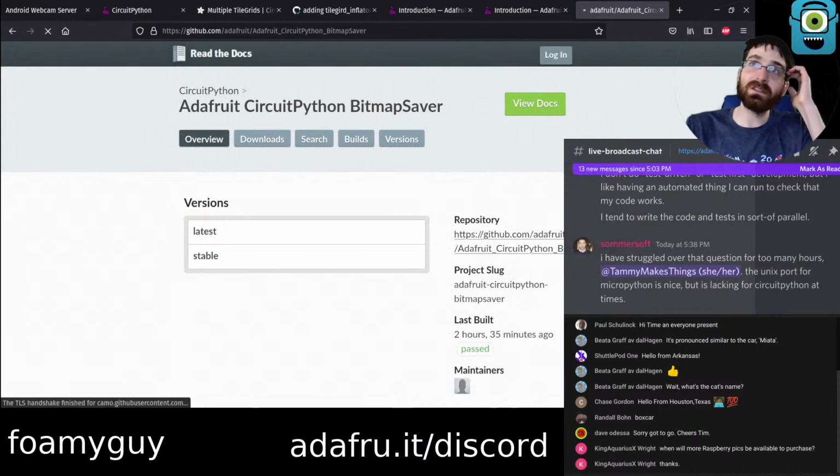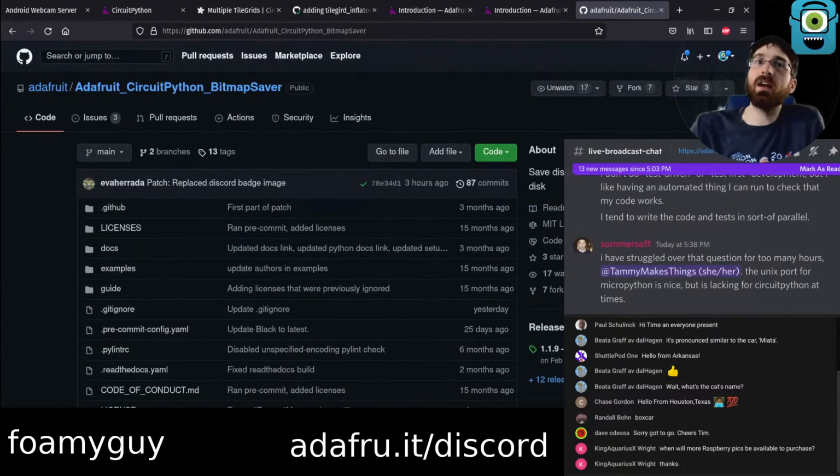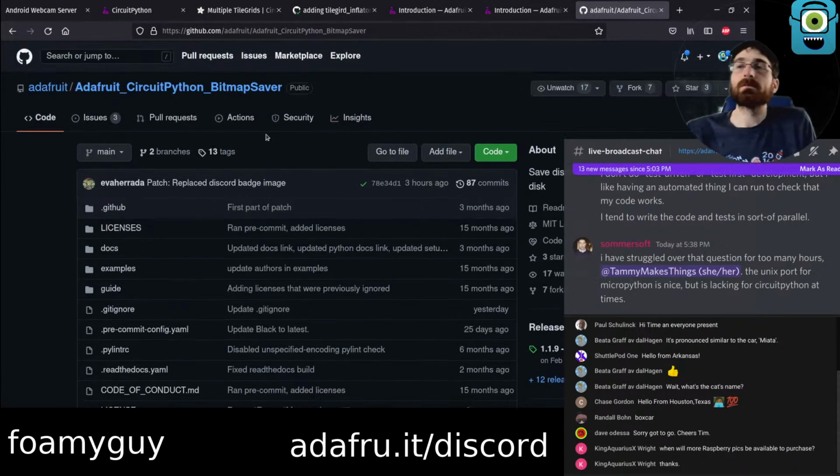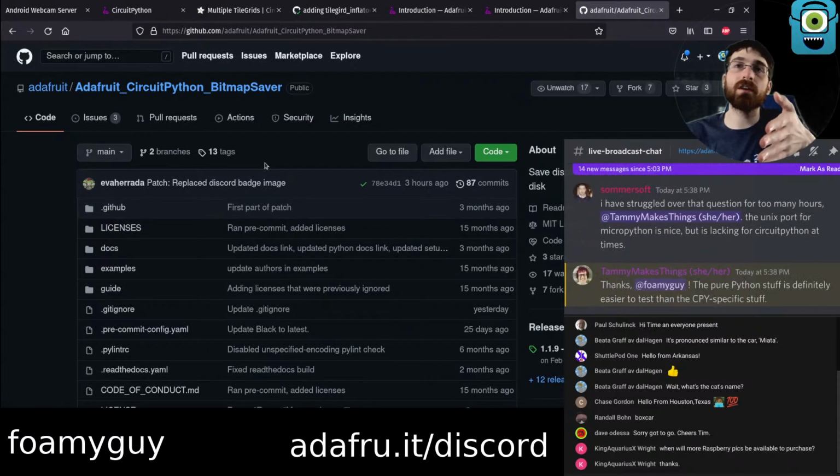So I did have a vision one day of making a test that would do something with display IO, take a screenshot of it, and then compare it using PIL, Python imaging, to a known good image for that library.